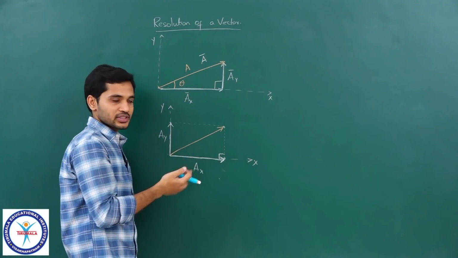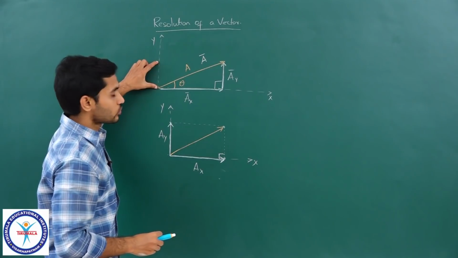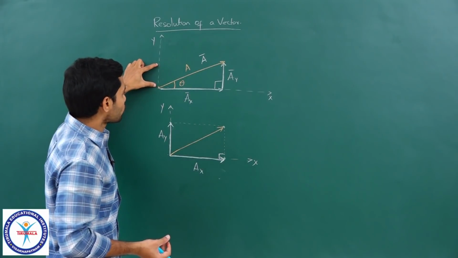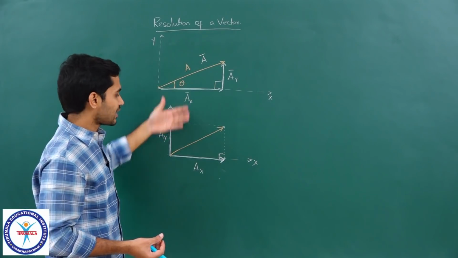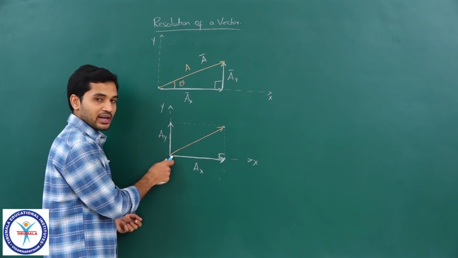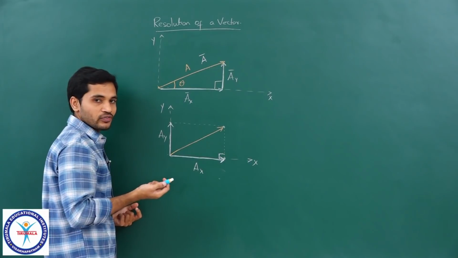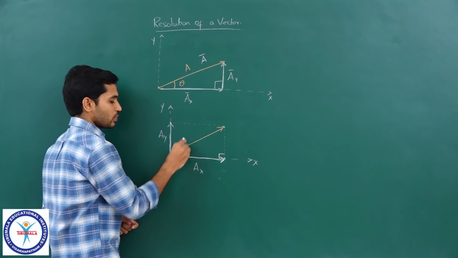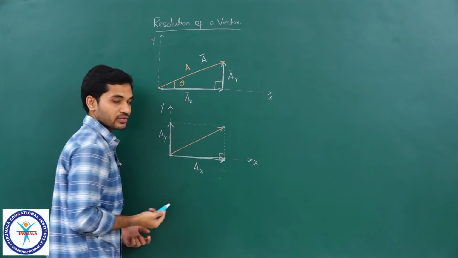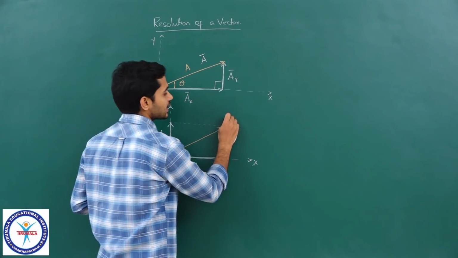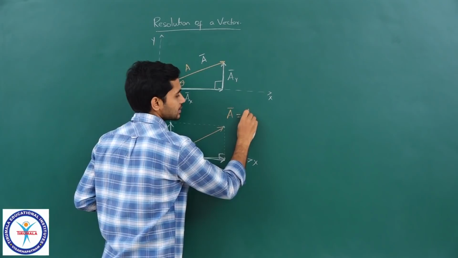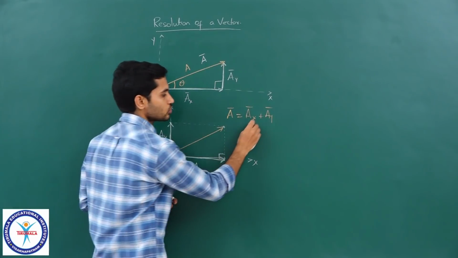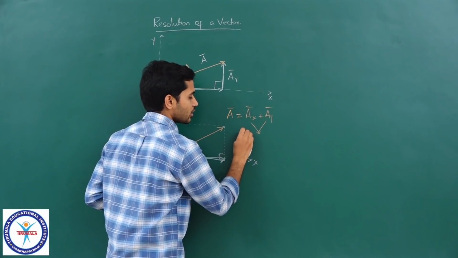What I did here is also the same. Because we have been used to understanding it by using the triangle law of addition, instead of drawing the vector here I have drawn it here, clear. So, you can understand it both ways. You can say that this is nothing but the parallelogram law of addition and this is the triangle law of addition. Whichever way you understand it, it is the same, right, addition of vectors. This vector plus this vector is going to give you this vector eventually. So, that is the idea. In this case I can write the vector a bar as ax bar plus ay bar, clear. These two are the rectangular components.